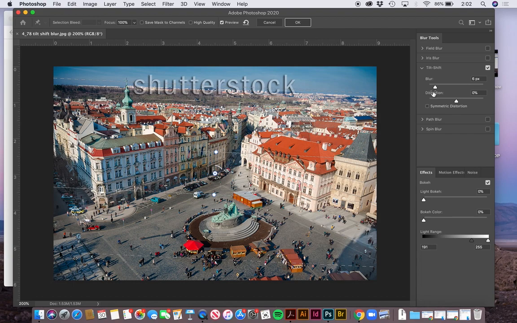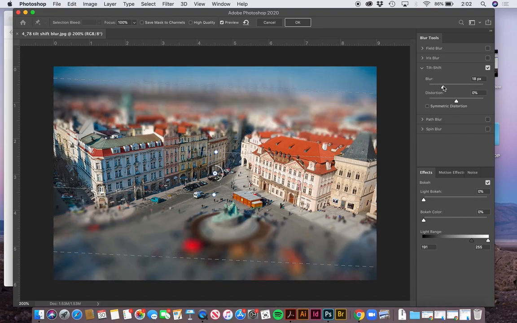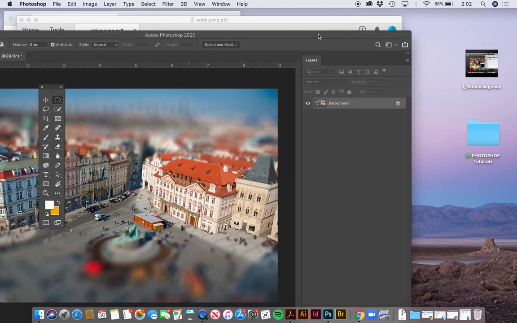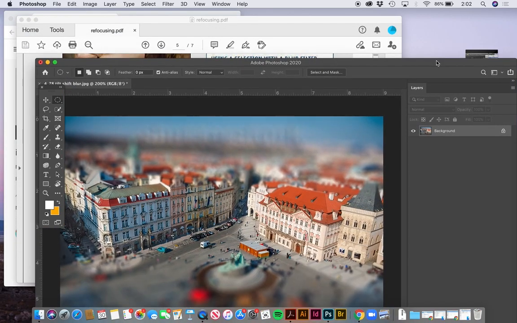Okay, so when you are happy with the amount of blur, hit OK or return. And that is a tilt shift blur. And it feels like these are little tiny toys now. All right, so I think we are done with the first part. I will pick back up with another